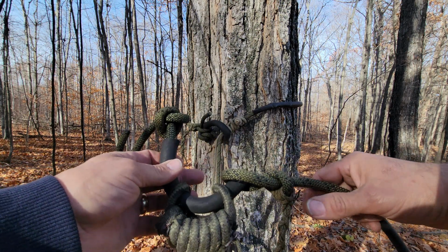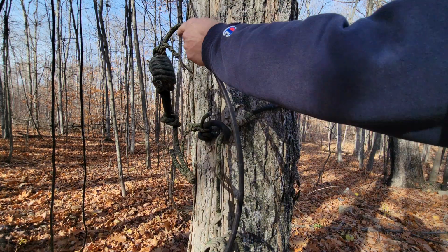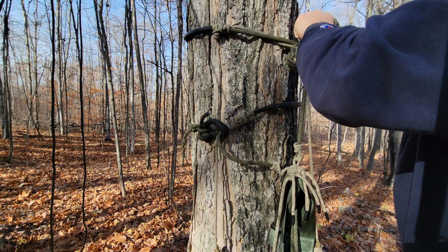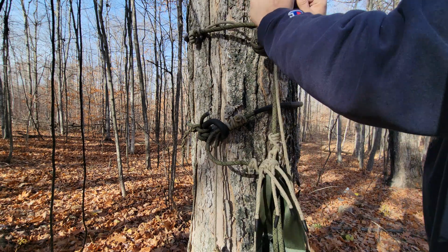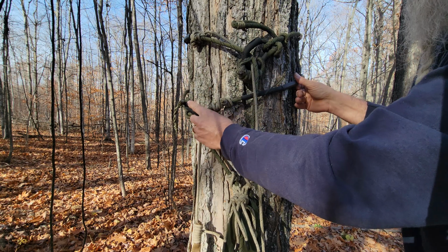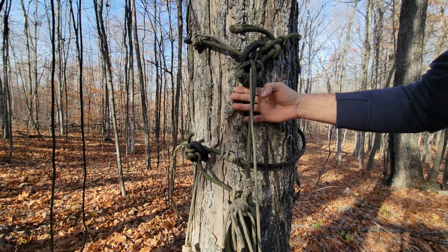So working back, this is a spacer for the lower tether. Show this here. So this is a spacer so that the lower tether can be moved up here. It's not necessary on the lower. It's just so that you have a space where you can move this tether up underneath without it getting pinched between